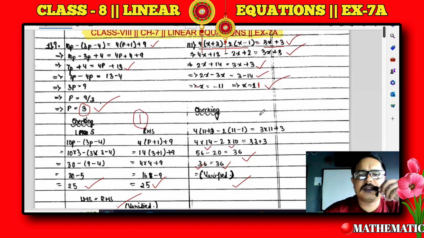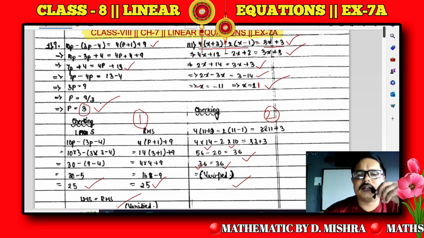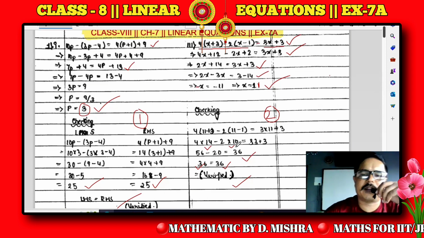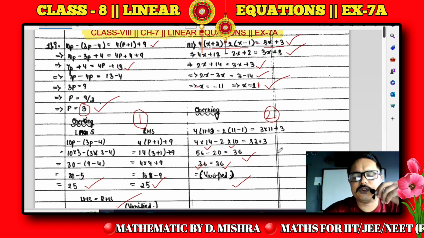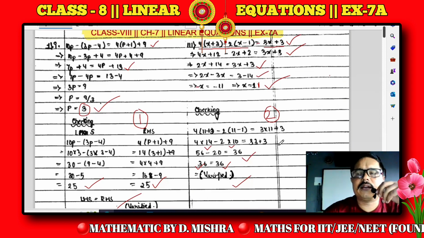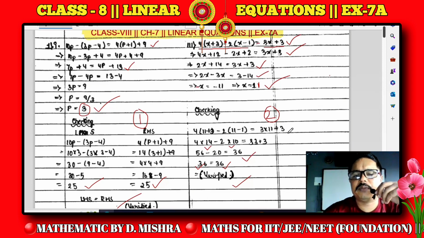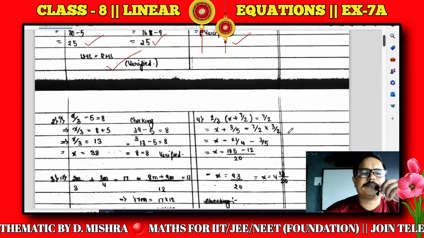One was this, and the second method is this. So in this way also you can check. In this method we simplify LHS and RHS together, simultaneously, but make sure that you will not transpose any of the things from left to right or from right to left in this verification. If you simplify both sides together, then you will not bring any term from right to left, and you will not take any term from left to right. You will simplify it separately, but simultaneously you can do that. The next is